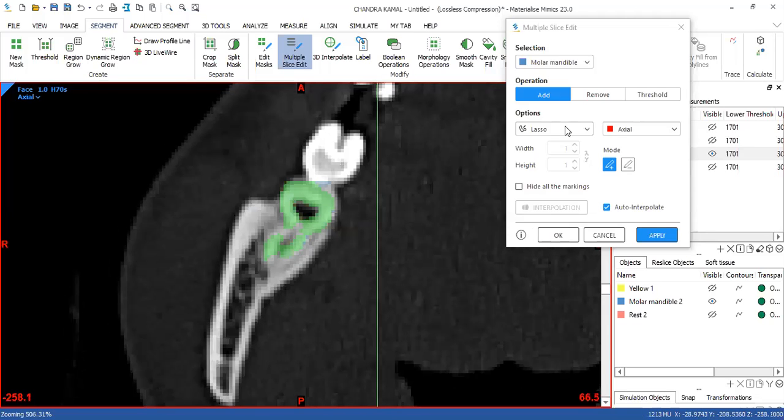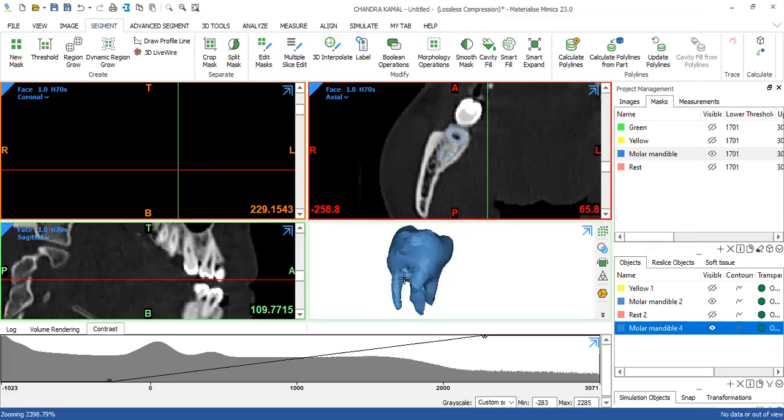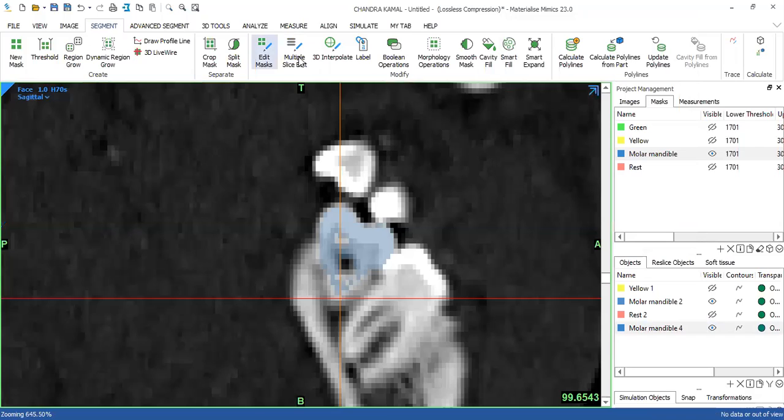Click OK and see what difference it has made. This is what difference we have made. This is how it looked previously. Now this is how we have to work on this extension. So I'm going to use the sagittal view now.